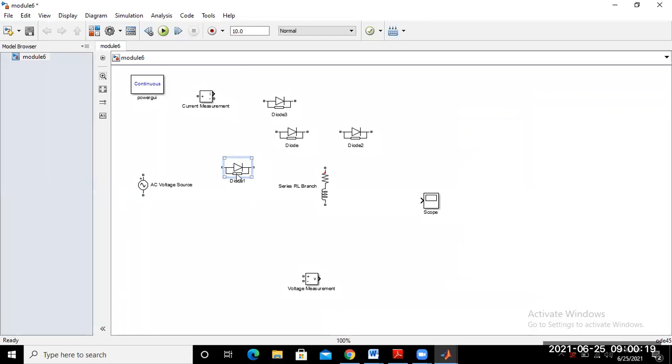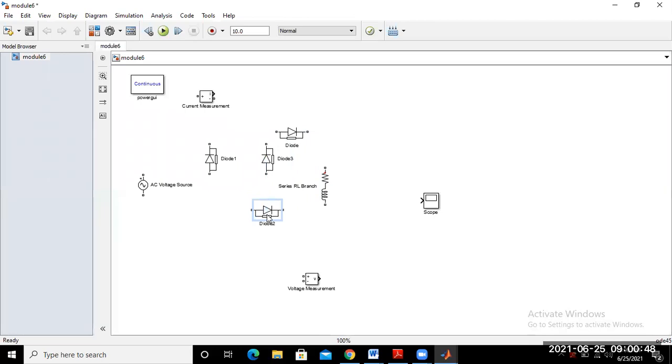So if you press control R, then you are able to rotate this block. So this one is your diode 1. Diode 1 is placed here, and diode 3 is dragged to this point, and with control R, just rotate their position. Okay. So 1 and 3, and next is your 2 and 4.